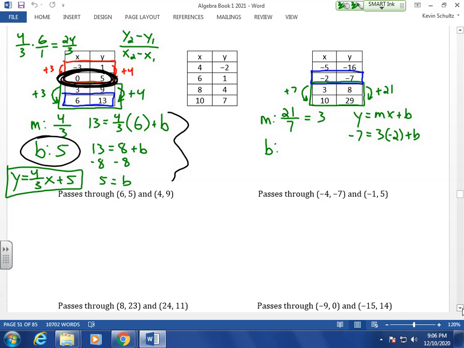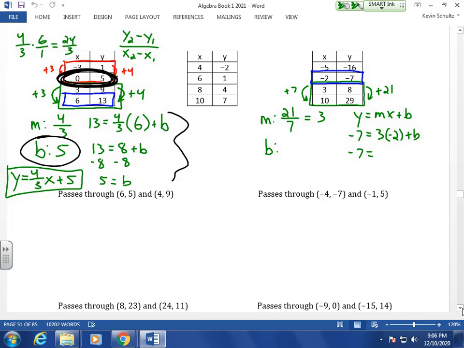I'm going to pause a little bit here just to let this all sink in. Make sure you understand where those values are coming from. How do we find the slope? How do we set up that equation in order to solve for the y-intercept? Now that we've got this,